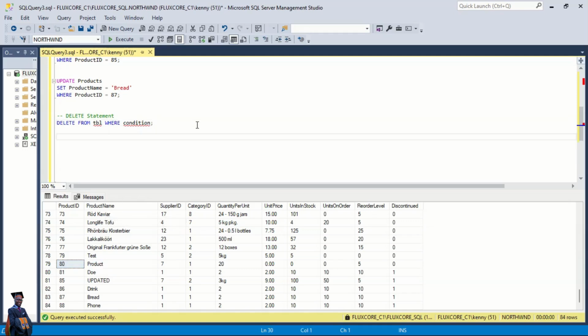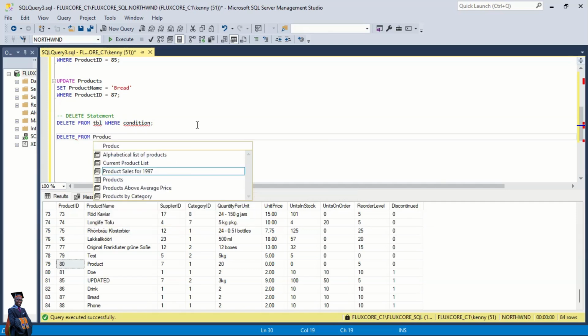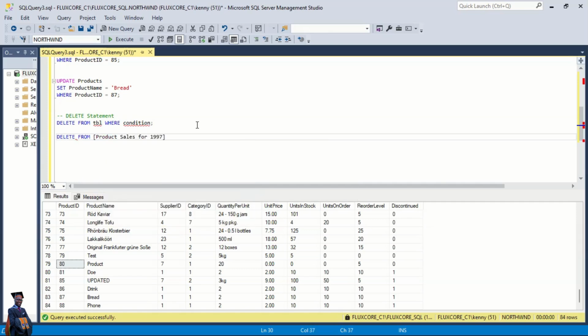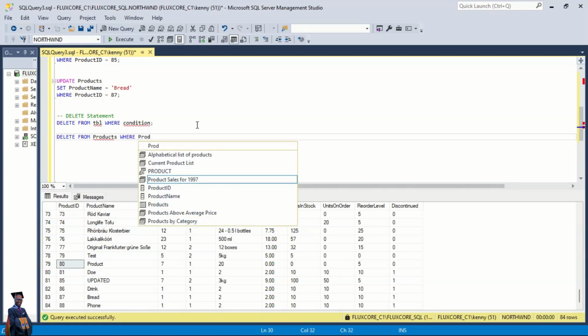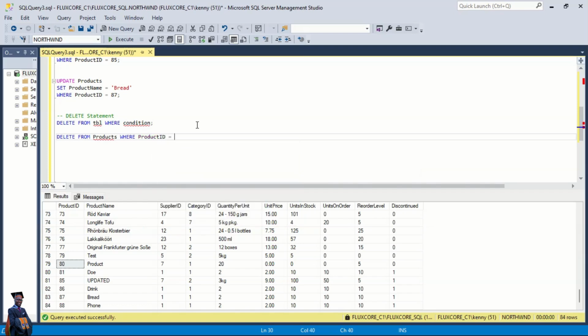So we are going to say delete from products where product ID is equal to